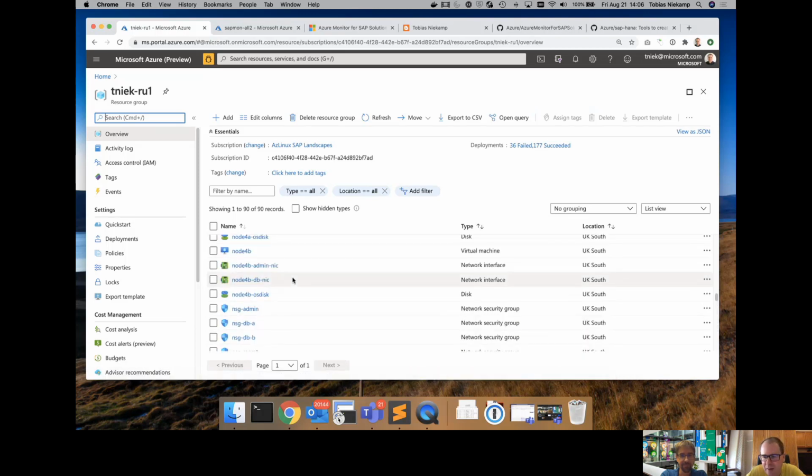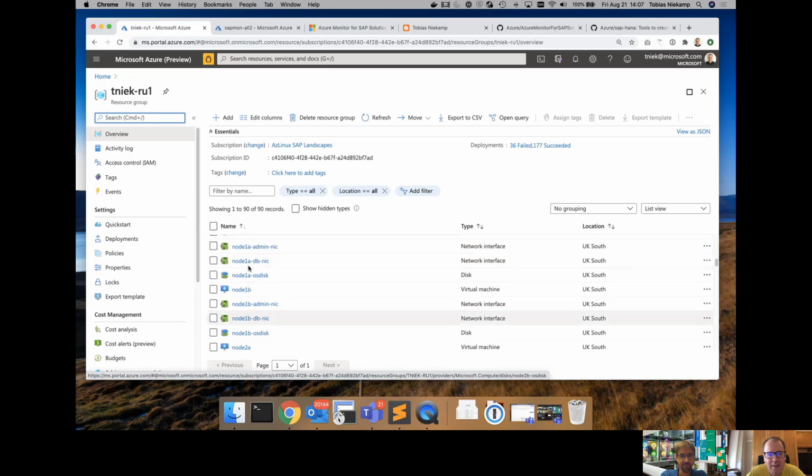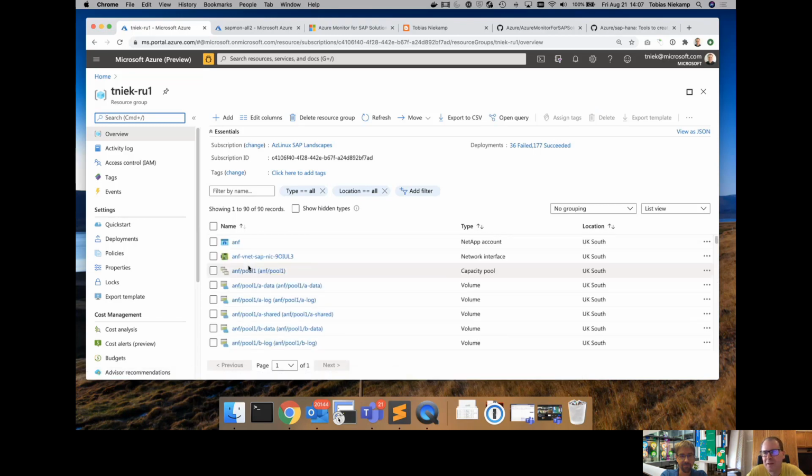It's an HSR-based setup, so you see the nodes go from 1 through 4, and there are 2 sides, A and B. More about that we'll see when we look into the monitor. But the cool thing is the whole setup is really just a click of a button, or actually hitting a key in that case. Those scripts are based on top of Terraform and Ansible, so it's infrastructure as code, and it makes deploying this super simple.